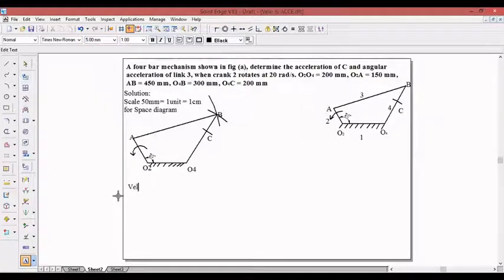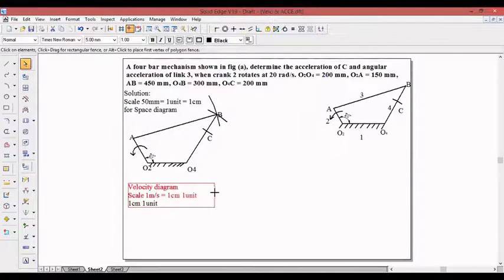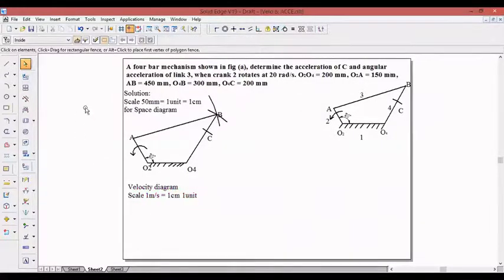So, velocity diagram now. For the velocity diagram, let us take the scale 1 meter per second equal to 1 centimeter or 1 unit. So this is the scale for the velocity diagram. Now to draw the velocity diagram, the crank is rotating anti-clockwise, hence the first vector VA, the velocity